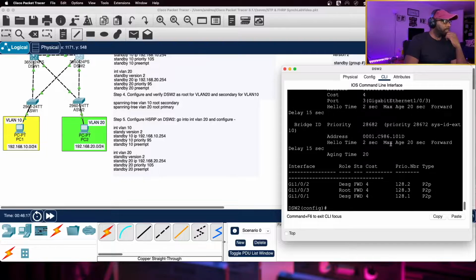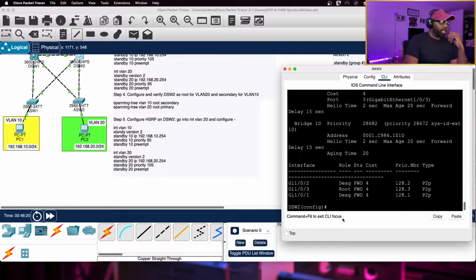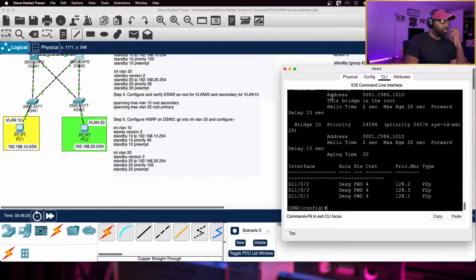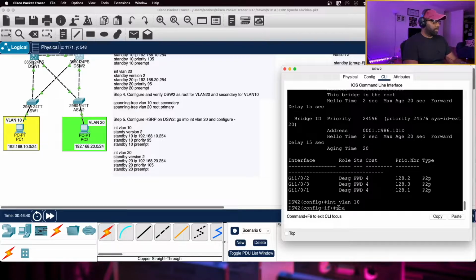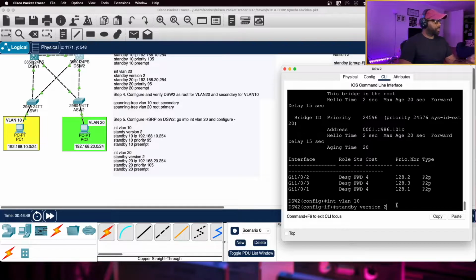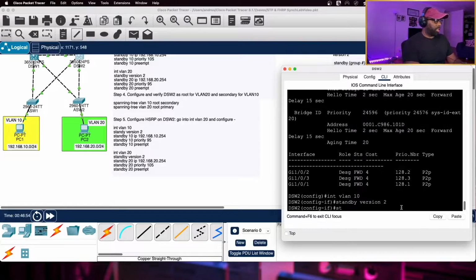Do show spanning tree, right? It's secondary, and then let's do VLAN 20. It's the root, right? Now we have to synchronize HSRP with it, right? And all we need to do is just go into VLAN 10. Standby version 2. Set the version for it, and then standby 10 IP